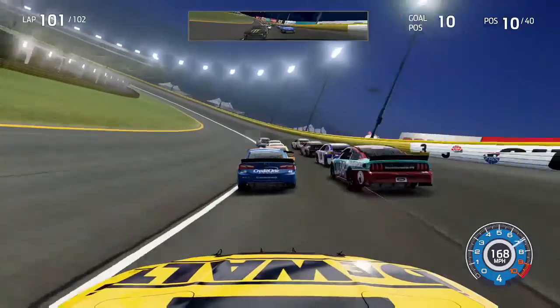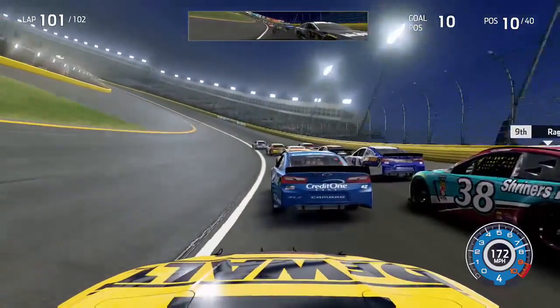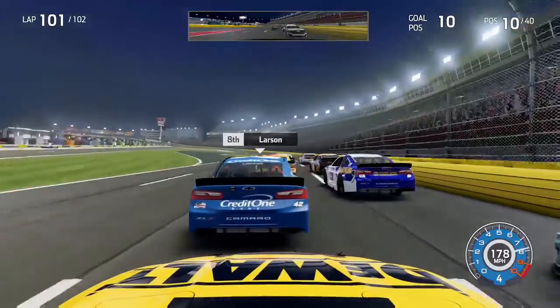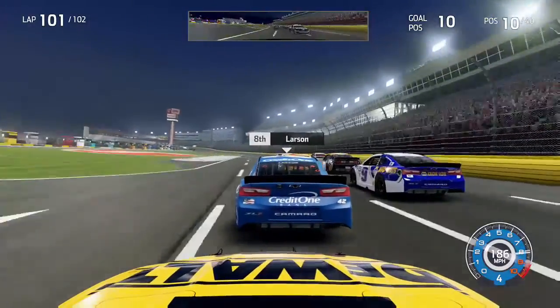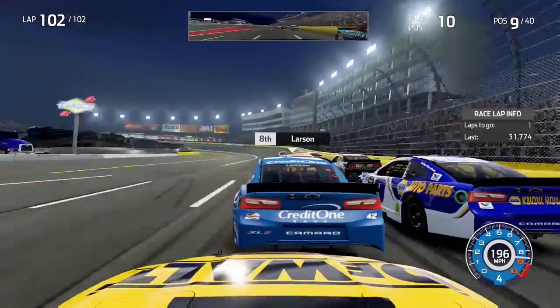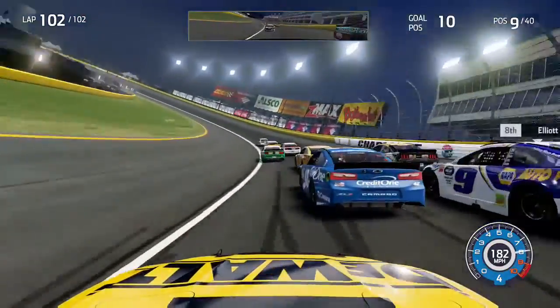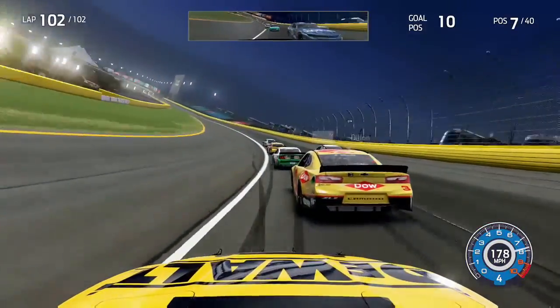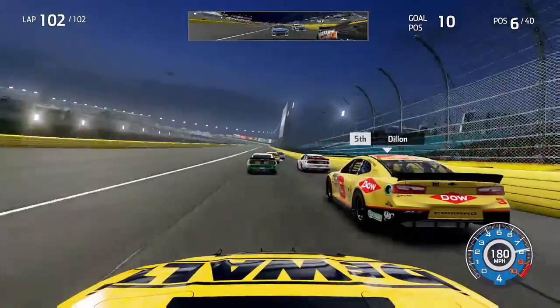David Reagan in the top 10, a very rare sight now as we approach the back bumper of Kyle Larson in the number 42 as we come through the tri-oval. Ryan Blaney will take the white flag in the Coca-Cola 600. Can he hold on? Now as we head down into turns 1 and turns 2, we have to be as aggressive as possible, trying to get as many spots as we can as we send it up the inside of Kyle Larson, making it 3 wide, and we move up into P7 now, passing Boyer for the 6th position as